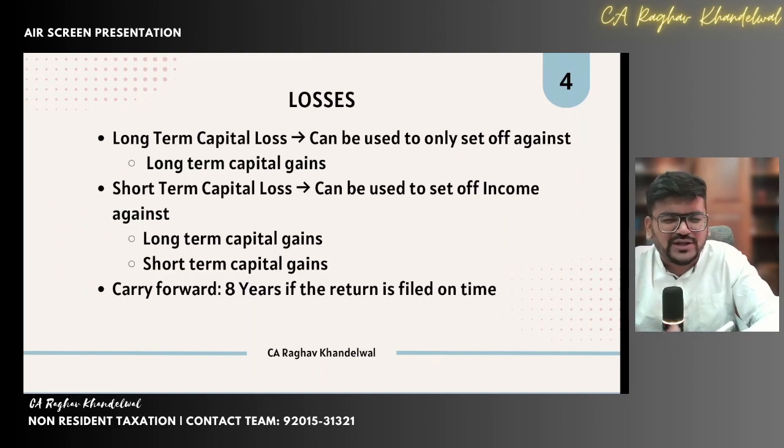And also one more small tip: if you are considering selling some of the shares, always check whether they are short term or long term. If they are short-term capital assets, and the period of holding has been maybe 10 months or 8 months, consider if you can hold for a few more months, so that they come into the category of long term, and then the tax rate would be reduced from 20% to 12.5%. So straight again you'll be saving 7.5% of taxes.